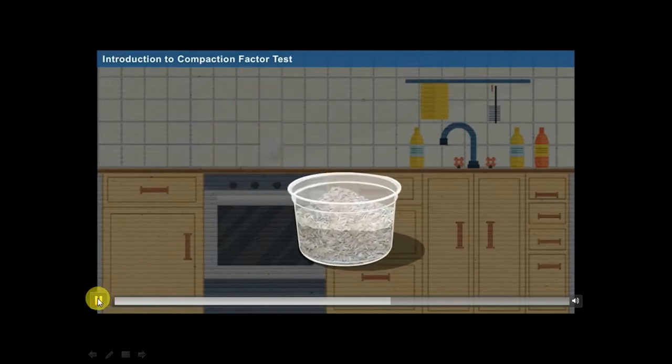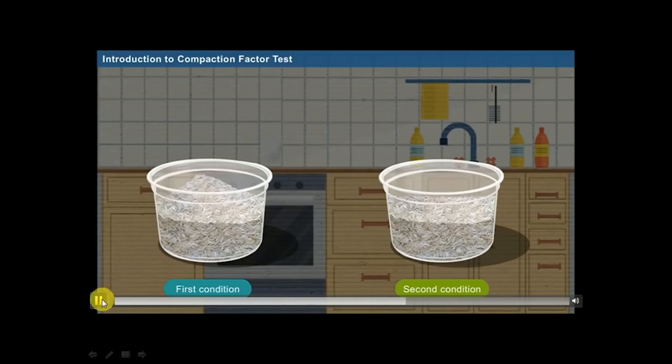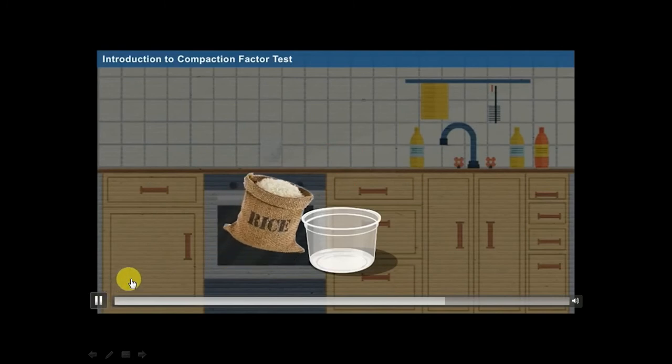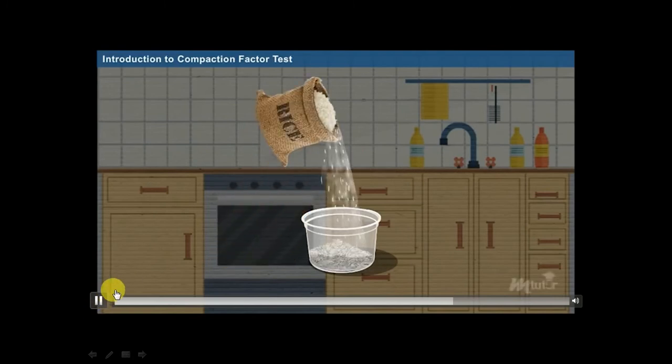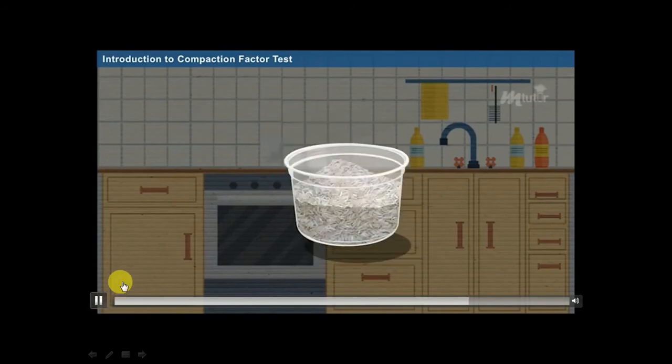Then, you shake the container externally. When you compare both the conditions, external energy for the first condition is more than the second condition. Do you know the reason for this? It is because the grains that fall from a certain height get compacted internally, and then you shake the container